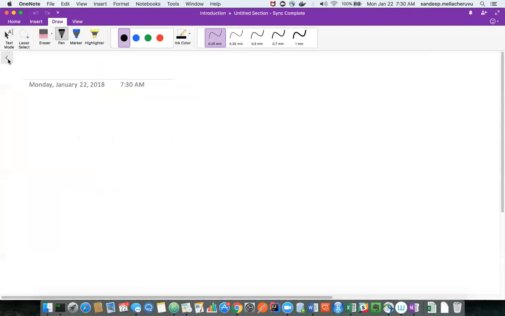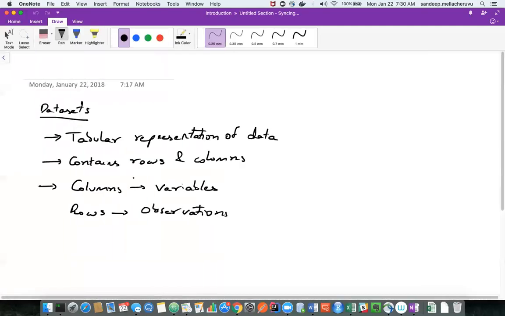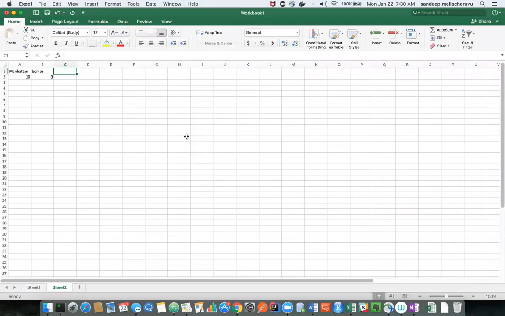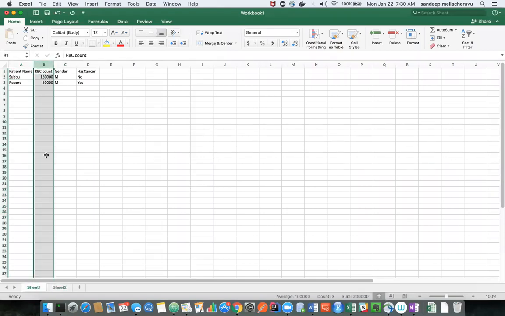So you have observations and you have variables, right? Most of the time in data science, you are not going to talk much about observations. You're going to talk more about variables. Because when you see these variables, say this entire RBC count column, it is going to have a set of data that describes your entire sample, whatever sample you have.